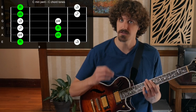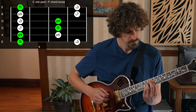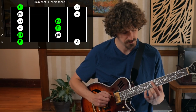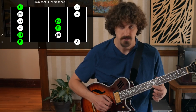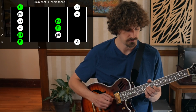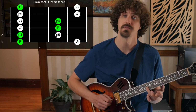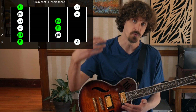And then when we go to the next one, the F, or the F7, we have some different green notes. Actually, this one is the same, but then this one instead of this one. And then this one, and this one. So you could just do the same thing and finish on one of the same ones, or right there. This one, the one that's different, makes it sound more like it's changing, and you're changing with the